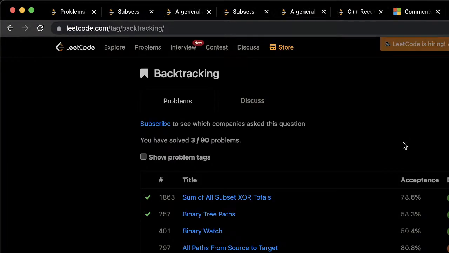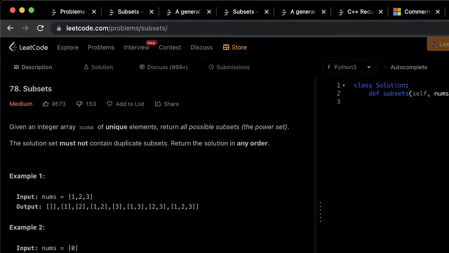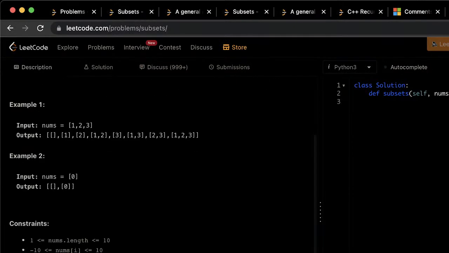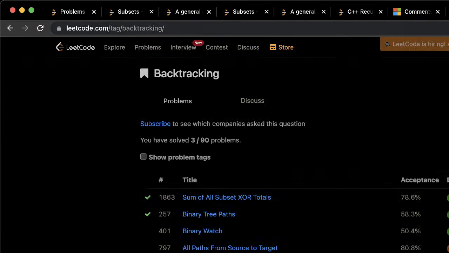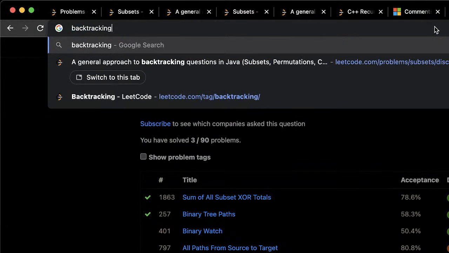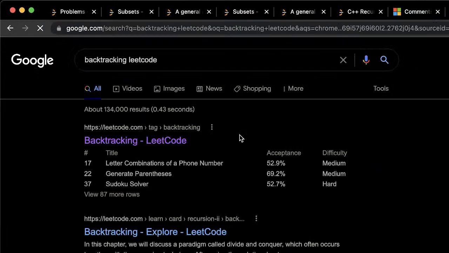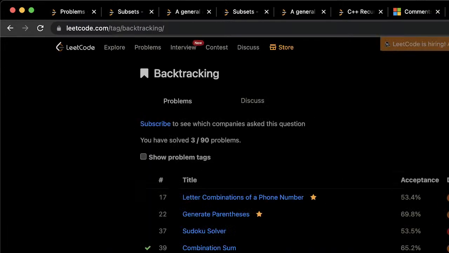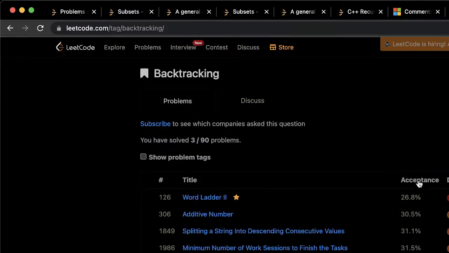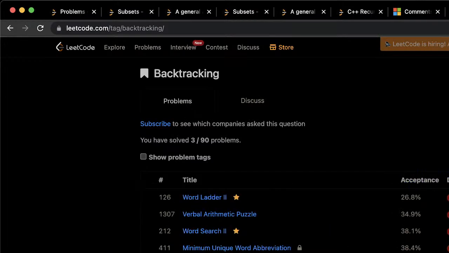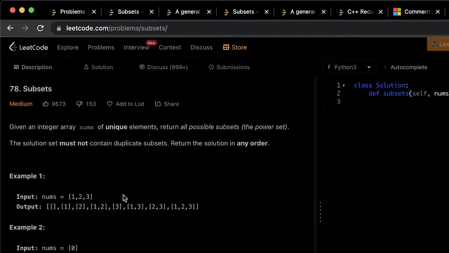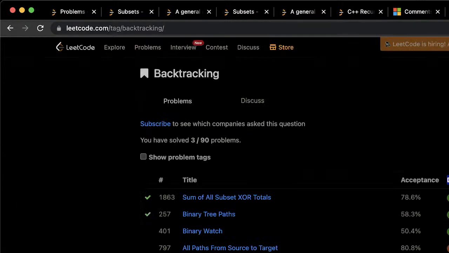And now my plan is to start off with, so I found out this is a backtracking problem. How can you see related topics? Okay, so I know it's backtracking. All right, I don't know about backtracking. So let's search backtracking LeetCode. We go to the first link. We're going to sort by difficulty or acceptance. Probably difficulty. And I'm just going to do like 5 to 10 problems, then come back to this problem and see if it makes more sense after getting some practice with it.